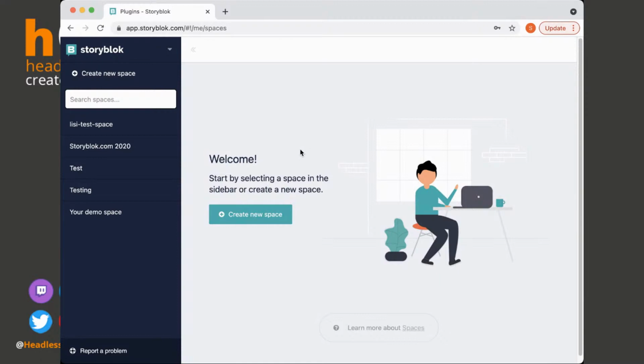The way you should structure your content with spaces is that each space should include the kind of content that is shared, that has something in common. All the content that you use for a single project should be organized in a single space. For example, if you have a set of content that you're going to use